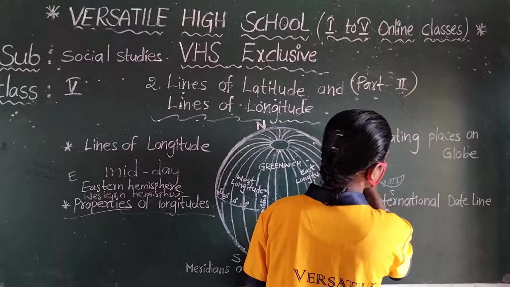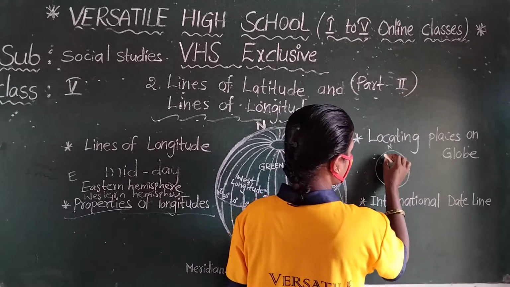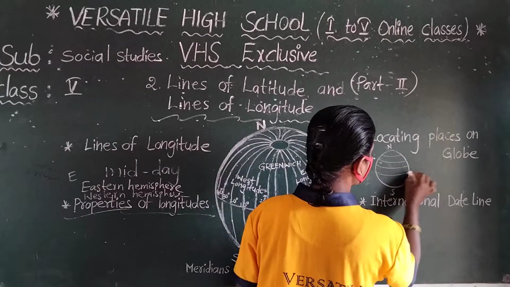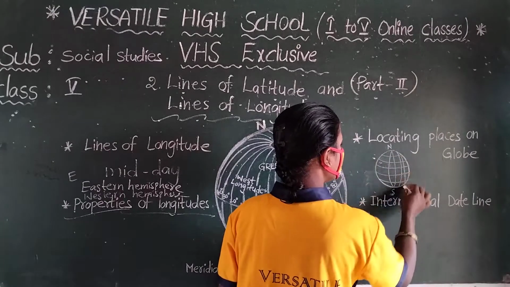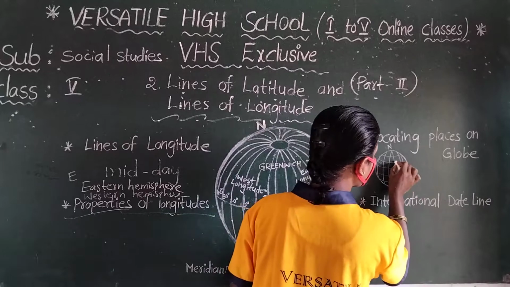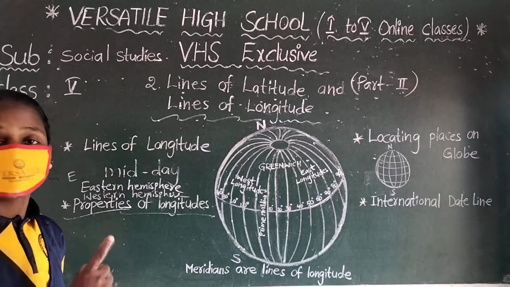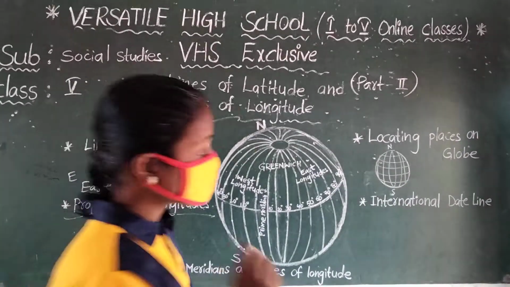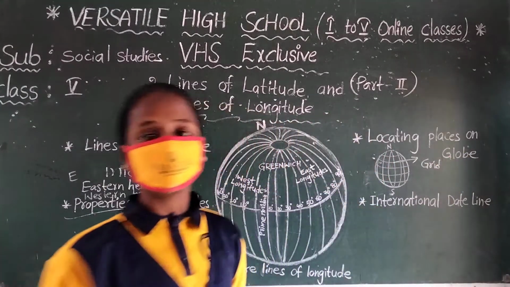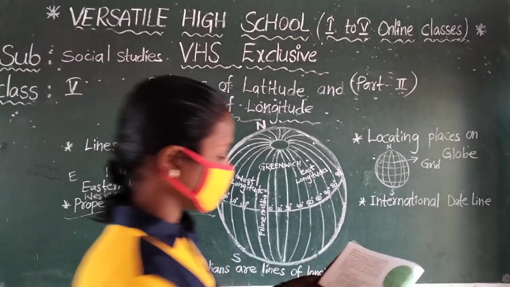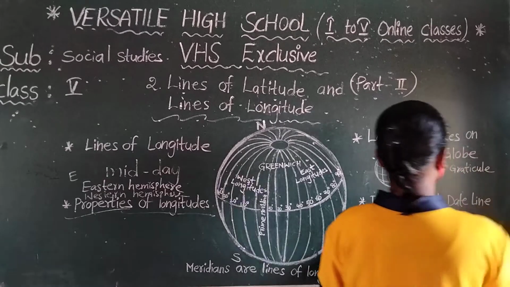One minute, children. See this picture, this is like a globe, north pole, south pole. These are all lines of latitude, and these are lines of longitude. If you draw lines of latitude and lines of longitude, they meet at points. So this network is called a, what is that? Grid. Another name for it is the graticule.